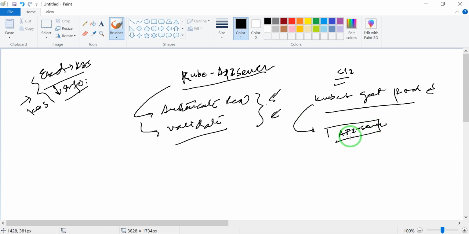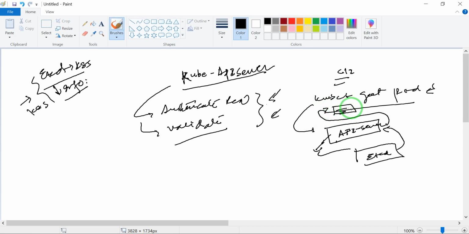Then it validates your request here, and I will tell you about how it's validated later. Once it's authenticated and validated, the request moves to etcd, which fetches the data and brings it back to the API server, and the API server shows on your screen the pods that are running in your cluster.